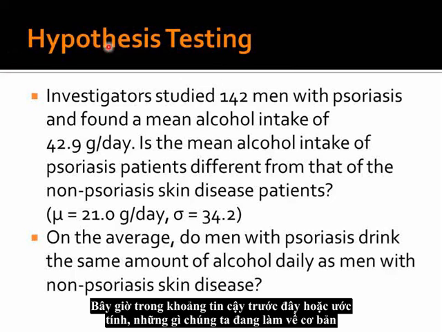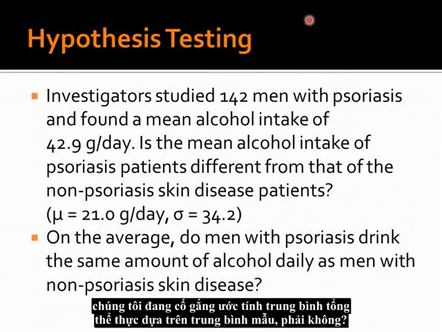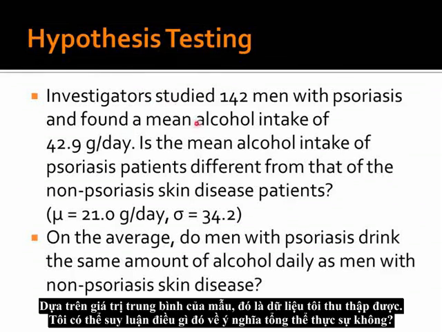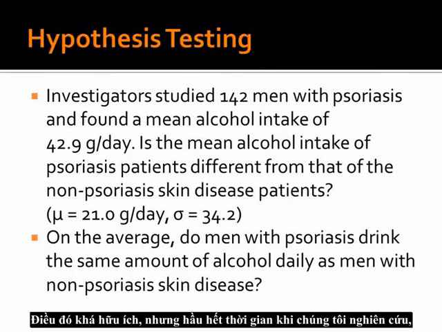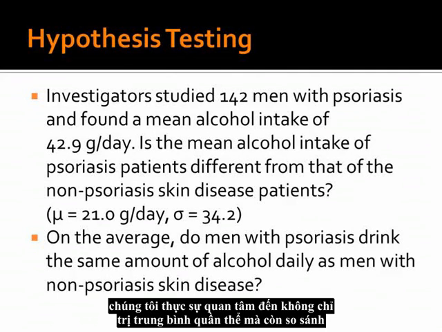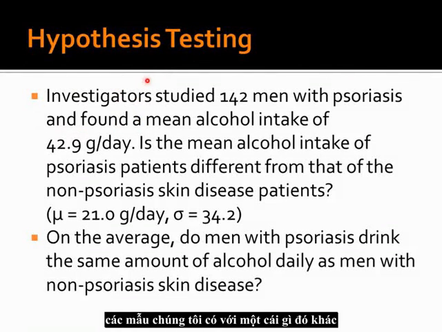Now in the previous confidence intervals or estimations, what we're basically doing is trying to estimate the true population mean based on the sample mean, right? Based on the sample mean, which is data I collect, can I infer something about the true population mean? Well, that's quite useful, but most of the time when we do research, we're actually interested not just in coming up with the true population mean, but in comparing the samples we have with something